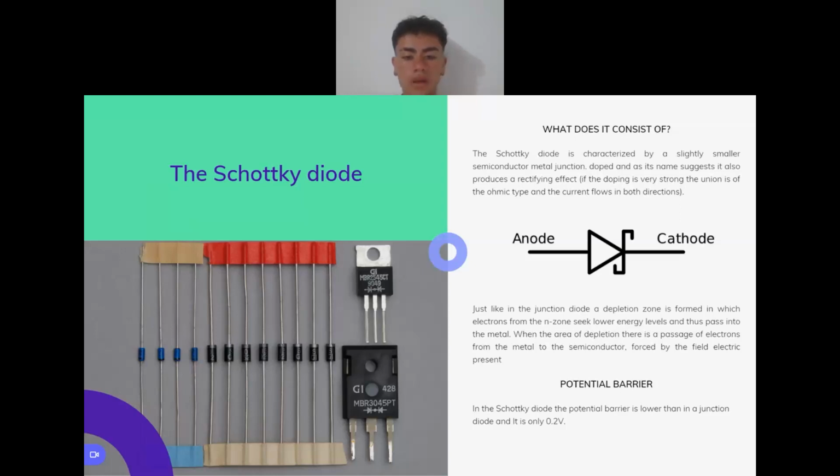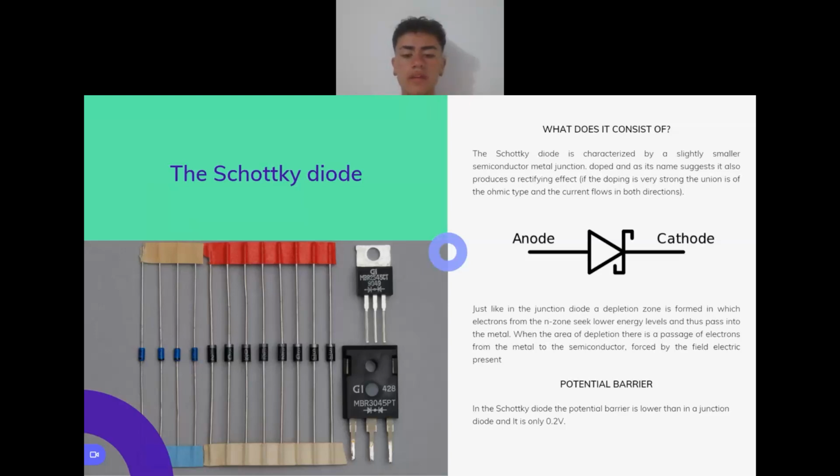It's only 0.2 V. When the injection diode is forward biased, it injects holes from the p-type semiconductor into the n-type semiconductor and electrons from the n-type semiconductor into the p-type. These charges are momentarily stored in neutral zones near the junction until they recombine with the opposite charge. However, when the Schottky diode